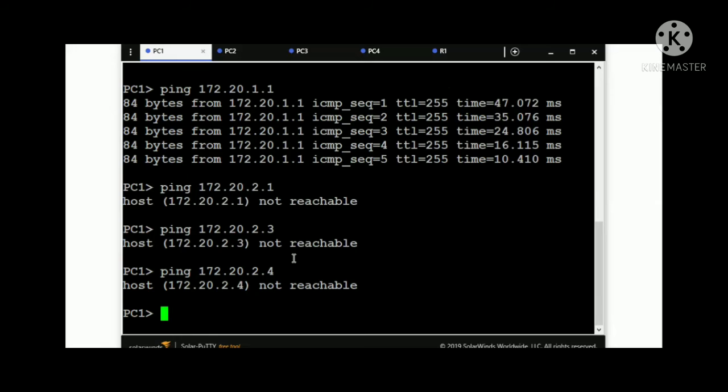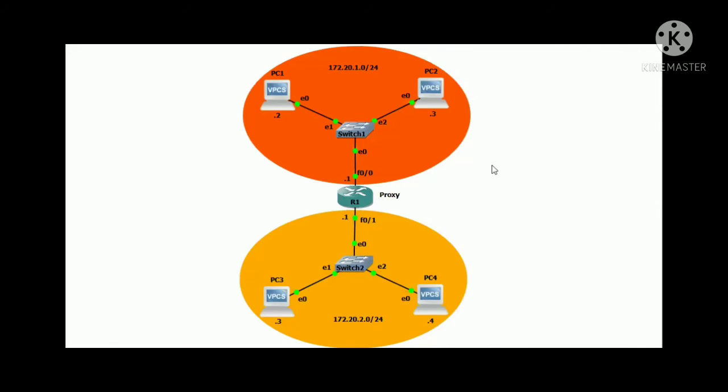So you can see clearly that from PC1, PC3 is not reachable, PC4 is also not reachable, and 2.1 is also not reachable.